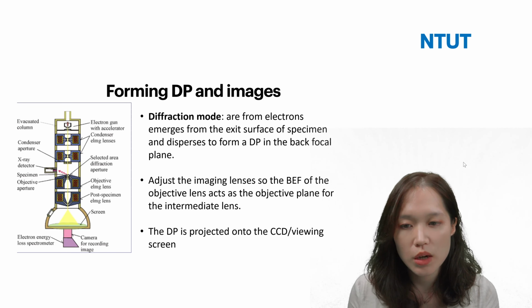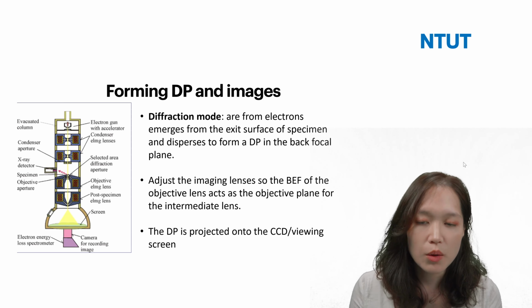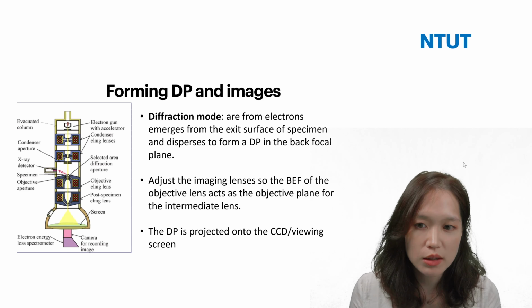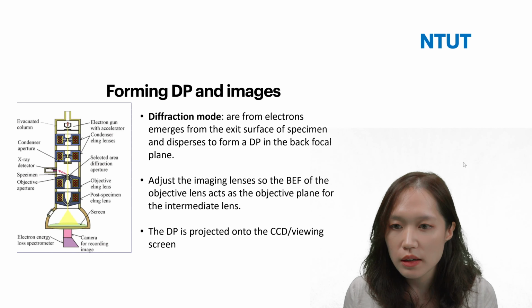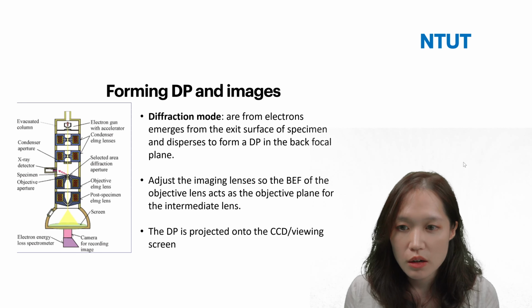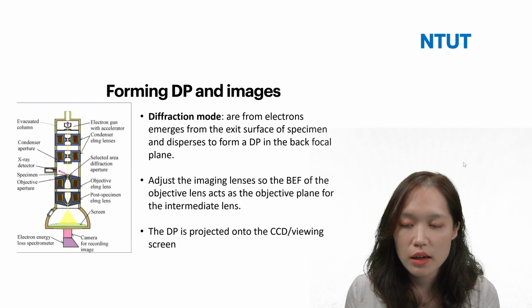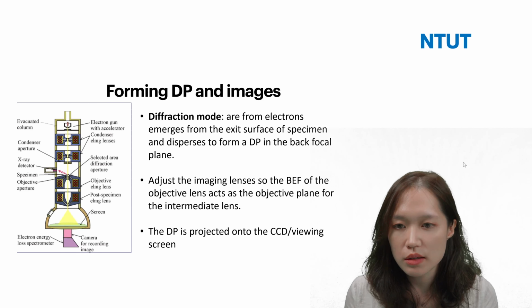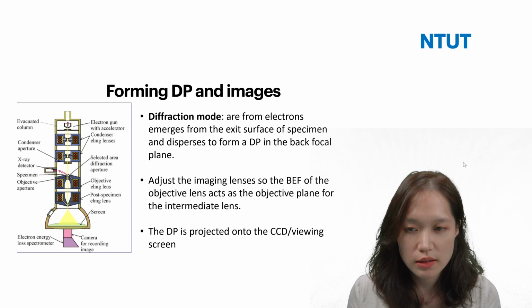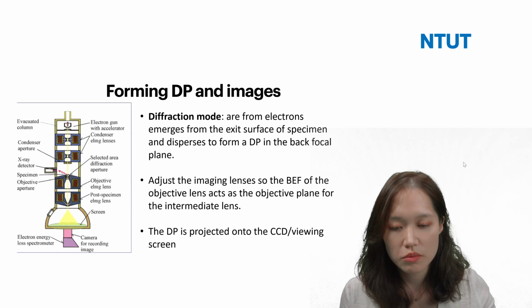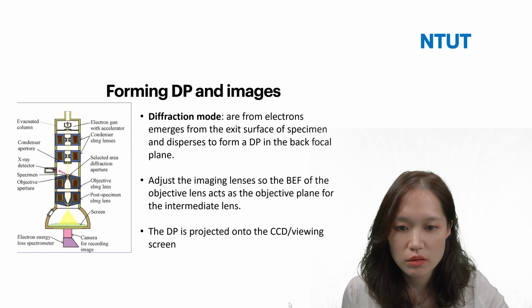So this is where we get the dotted patterns, where we can calculate what phase we're looking at. Just to note, what we show here is a very, very simple version. Nowadays, there are going to be many more lenses. You rarely have just 1 or 2 lenses in the column, at least 3.